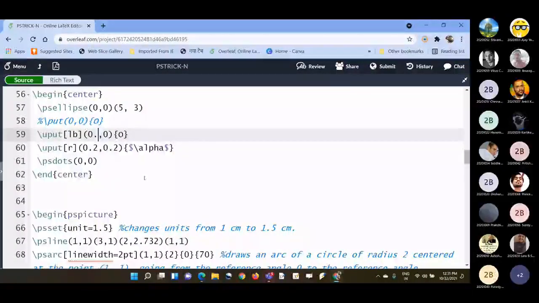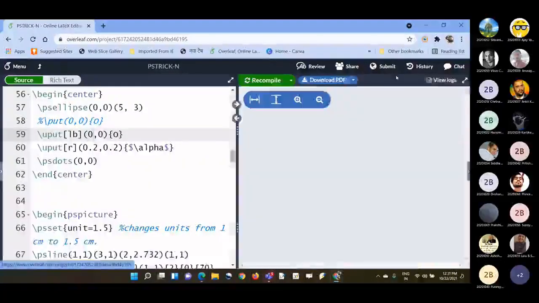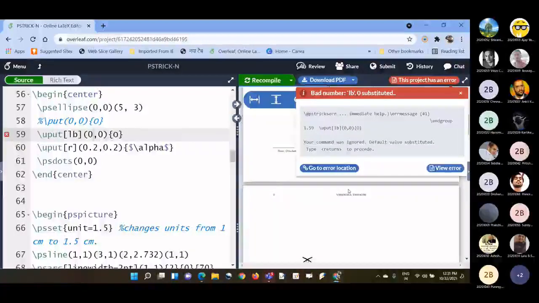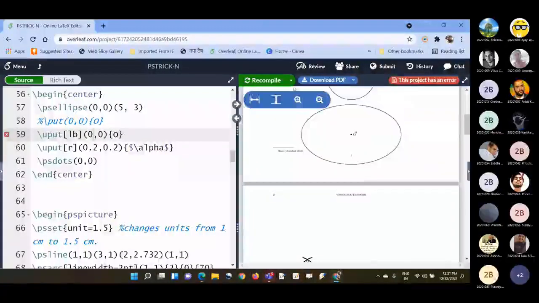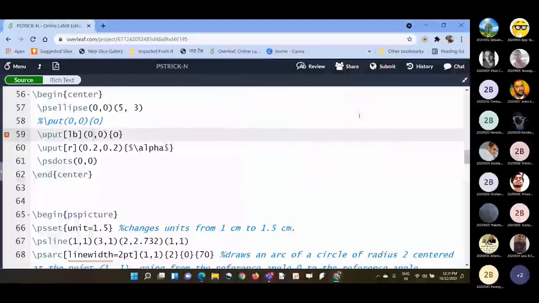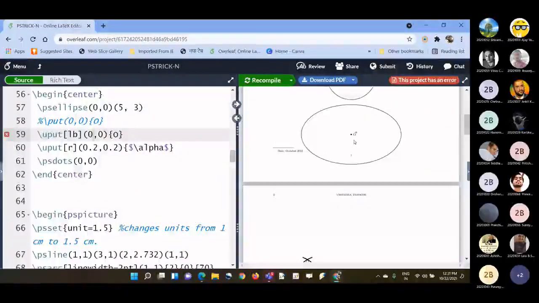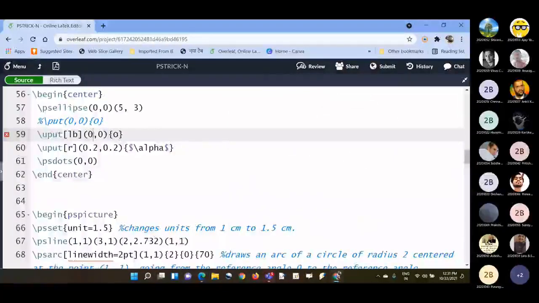Let us see what they are producing. You can see here alpha is there and then just O is there, because I have given the same position. So accordingly, you need to change this one also.